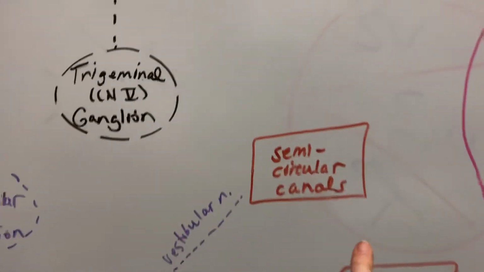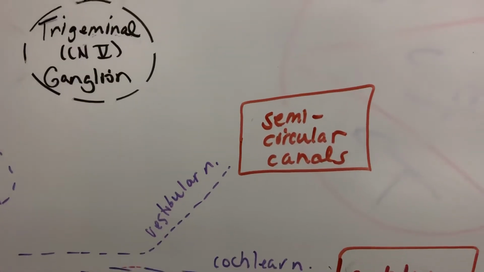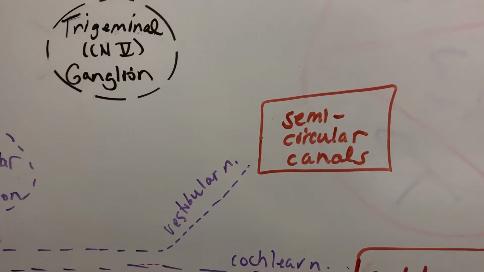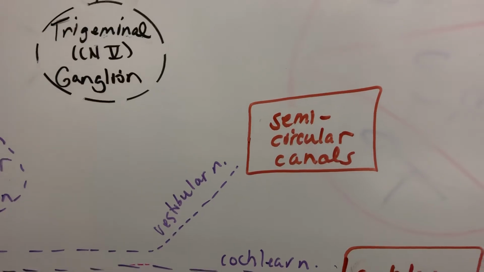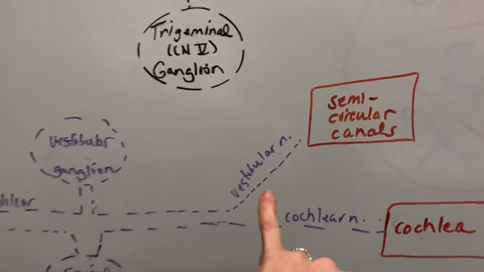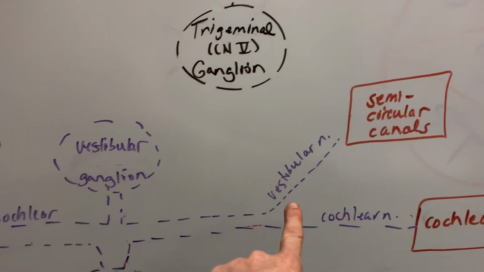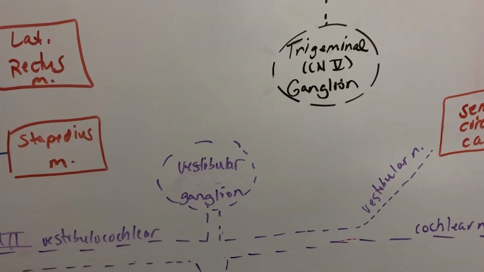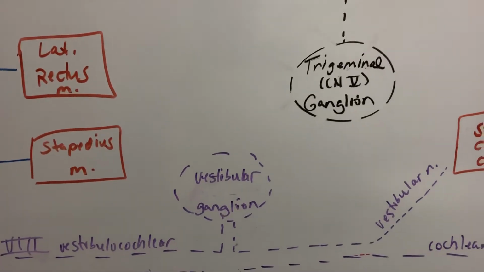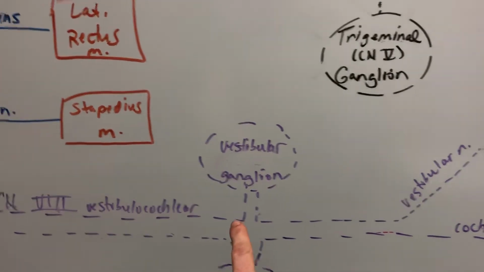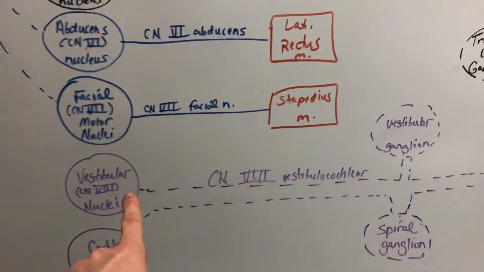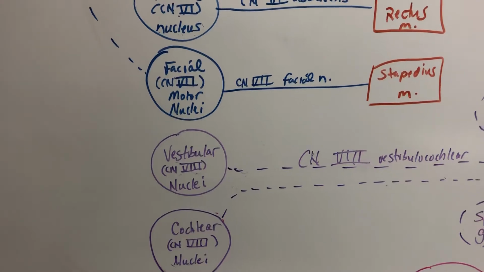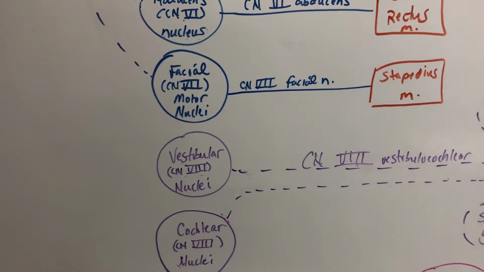For the semicircular canals, you have 3. You have anterior, posterior, and lateral semicircular canals, and we can actually change the shape of our head and change this flow of endolymph and perilymph that then can stimulate an action potential that travels through the vestibular nerve. You have 3 different routes that travel in, and then the vestibular nerve then will go to its own ganglion called the vestibular ganglion. The vestibular ganglion, of course, is bipolar nerve cell bodies for special sense afferents. And now we'll take it in through the vestibulocochlear nerve, and then we'll finally get to our synapse, which is at one of 4 vestibular nuclei located at the junction of the pons and the medulla. If we deem it so inclined, we'll take it up to the thalamus and then take it up to the